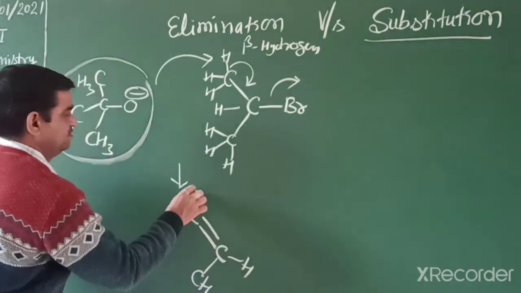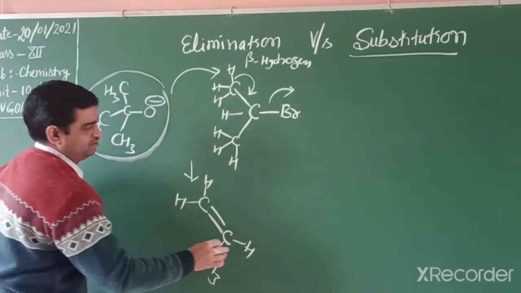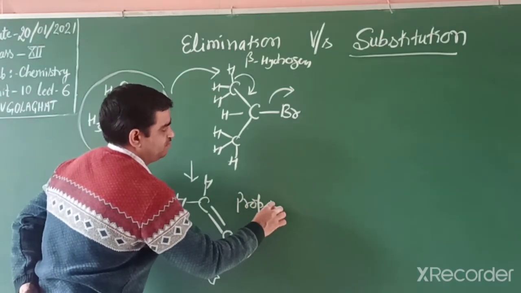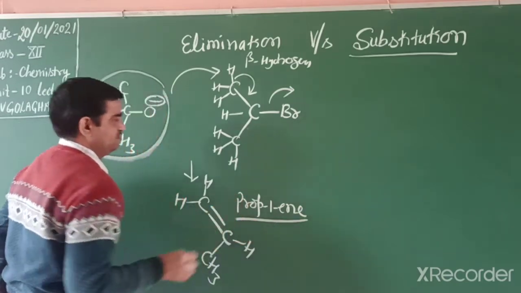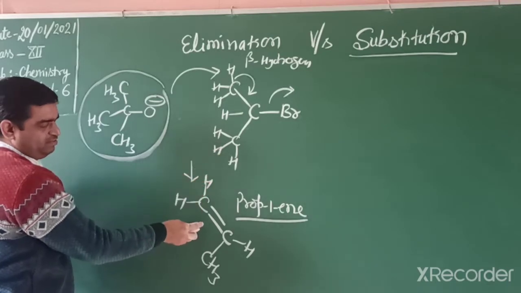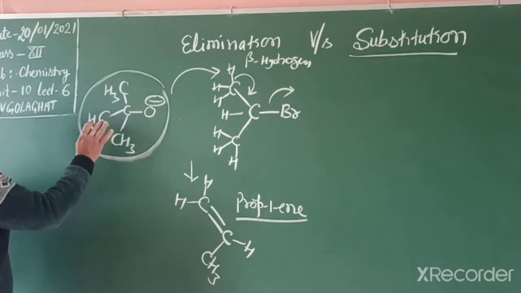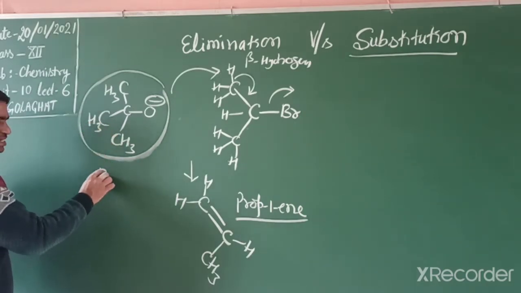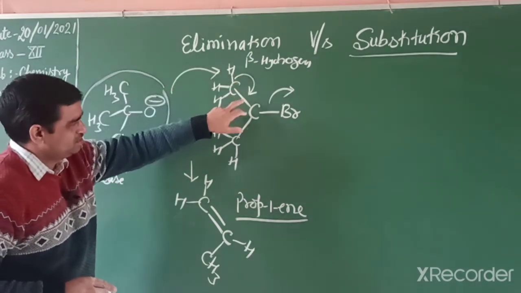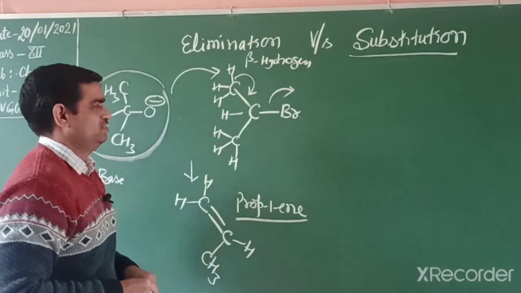CH3, and we get propene, prop-1-ene, because there is only one possibility. So the product is propene. The tertiary butyl oxide is a large size nucleophile, but it behaves as a base. It abstracts the proton, and after that its electrons move to the double-bonded carbon and bromide is released.